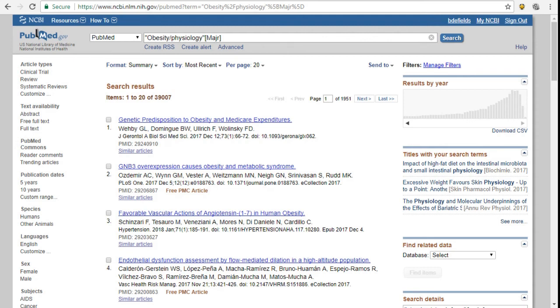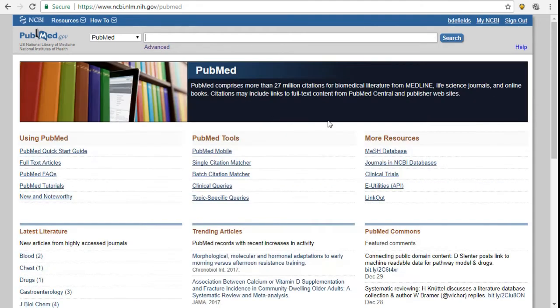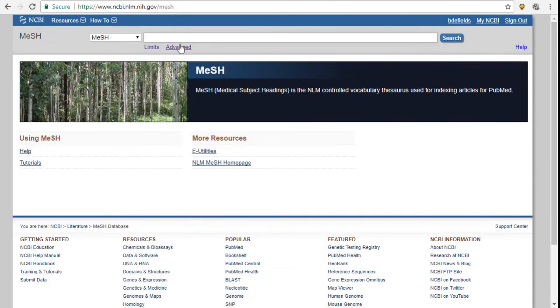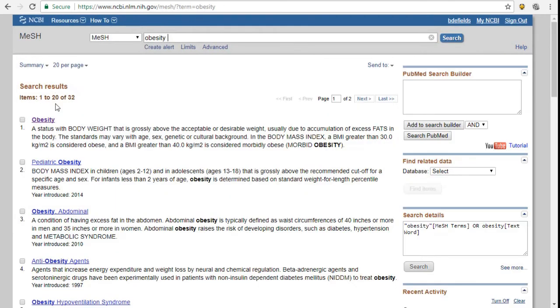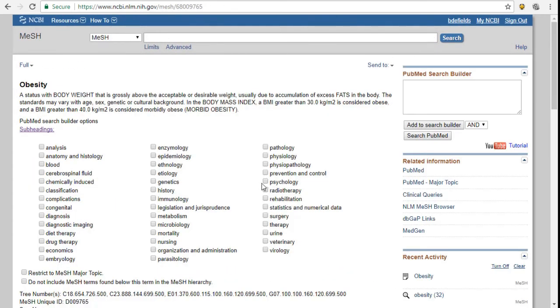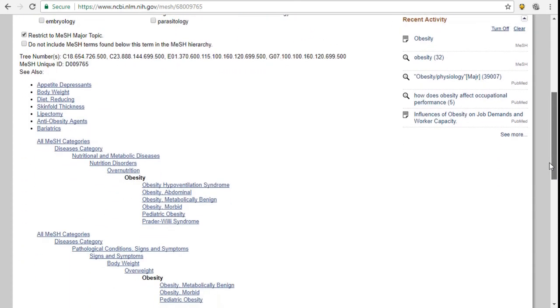So you can combine MeSH terms in your search. So we're going to go back to the MeSH database again. So we're going to go to PubMed, MeSH database. I'm going to repeat our steps: obesity, physiology, restrict it to a major MeSH topic. We're going to add it to the search builder. And before we combine terms, I just want us to take a look at the MeSH tree,